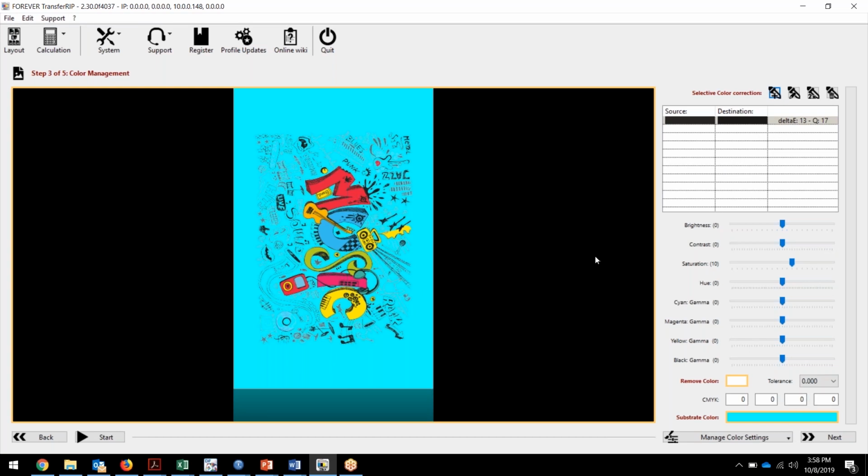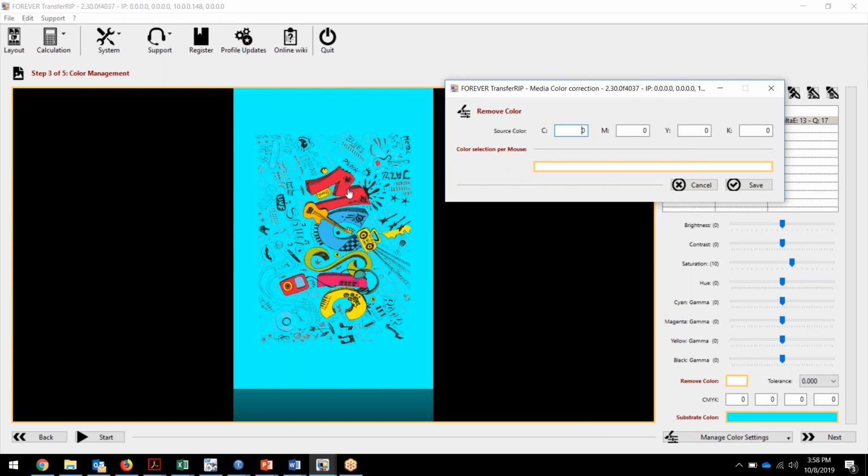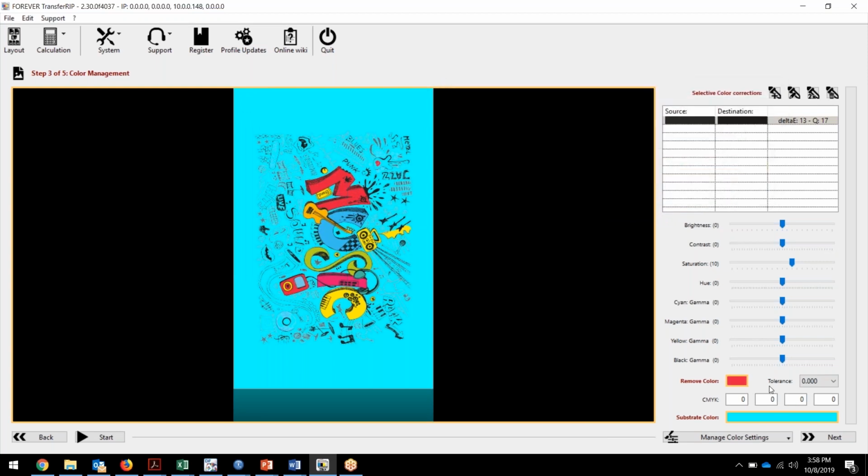Lastly is remove color. So say I didn't want this red, I would come down here to remove color and click the color you want to remove, hit save, and then it's all in the tolerance right here. So if you start at 1 and you look over to the screen and it's still there, that means we just have to bump up the tolerance a little bit. So I could go to 3,